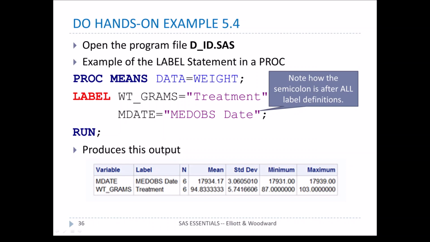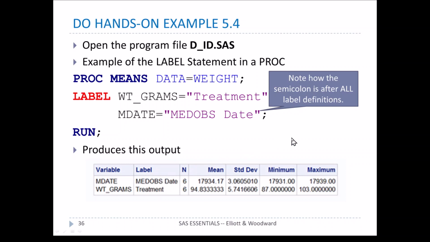And now when we run that, notice how it's going to produce this output. Notice that we have a label column where we have med obs date and treatment. So if we did the PROC MEANS without a label statement,